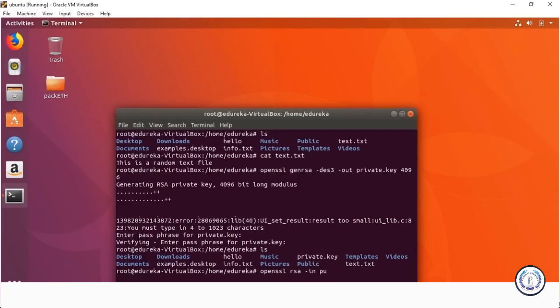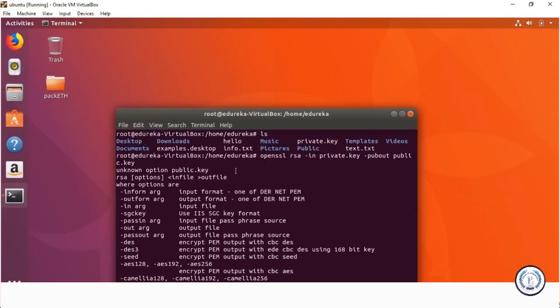We will give the private key as an argument after the in flag, so private.key, and we are trying to get out a public key, so pubout, and we're going to call it public.key.